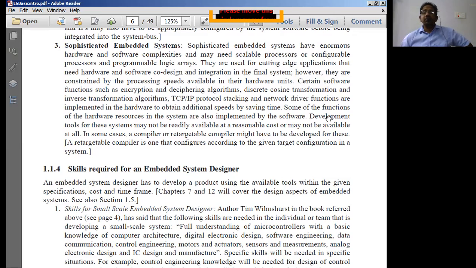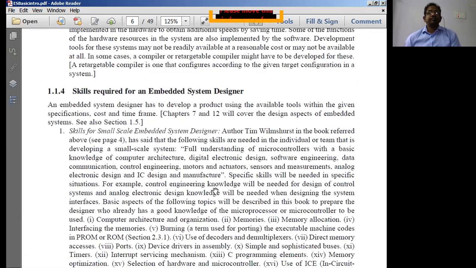It need not always be executable, right? And the source to that particular receiver system is also going to change sometimes. Instead of a binary file, it may get a hexadecimal file. It may get a video file. It may get an audio file, and the output is also going to change based on the target system. So these are all the complexities which we normally have over there. This is what sophisticated embedded systems are.